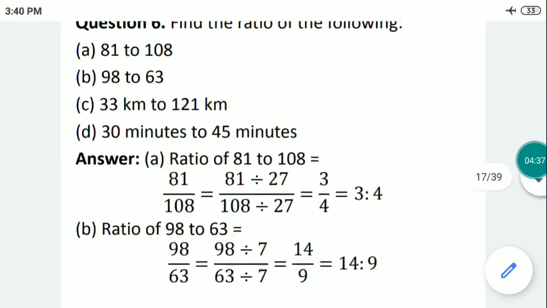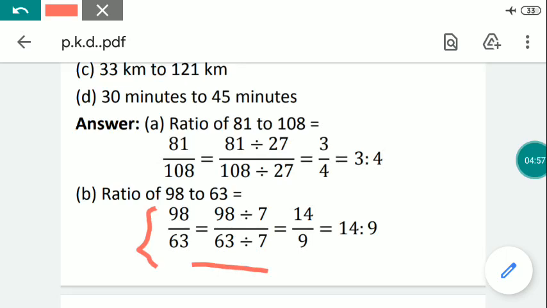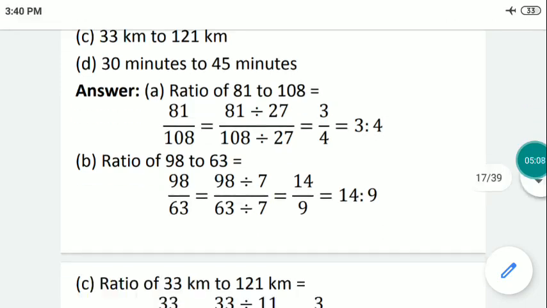B, 98 to 63. Here the ratio of 98 to 63 is equal to 98 upon 63. Divide numerator and denominator, that is 98 and 63, by their highest common factor, that is 7. So 98 divided by 7 upon 63 divided by 7, which is equal to 14 upon 9. This fraction in terms of ratio is written as 14 as to 9. C,